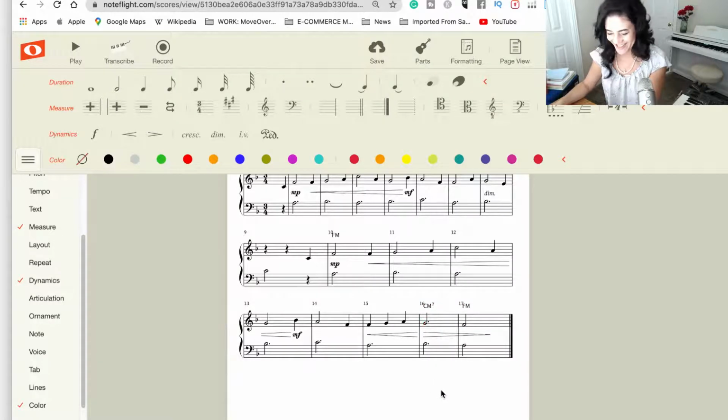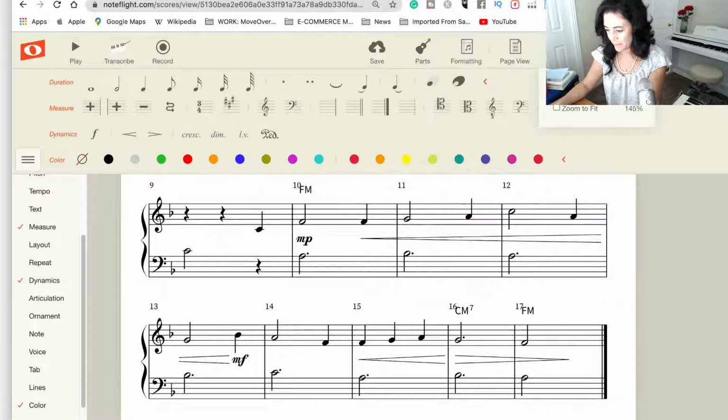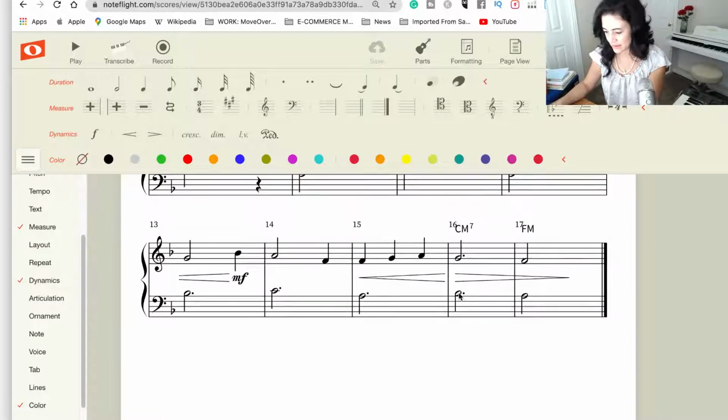Cool. All right. So let's add in a couple more directions here. I want a poco ritardando in the last two measures. So if you want to add text, let me zoom in here so you can see this a little bit better. Let's do a quick save. To add directions, you could add it in as an expression. It totally depends. So Command E, we're going to put poco